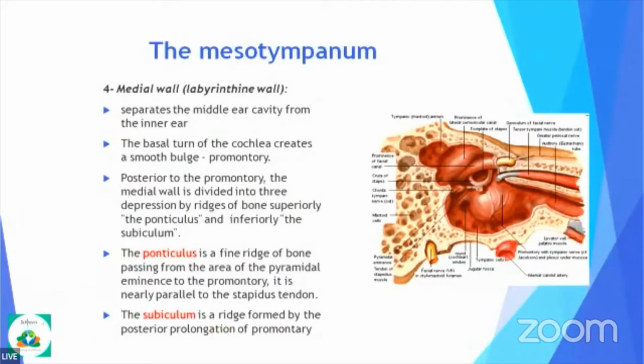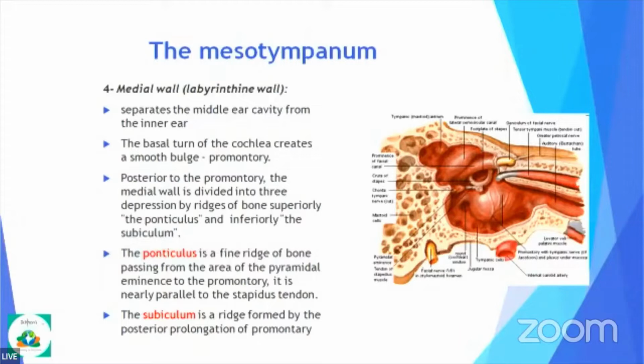So now, the mesotympanum, the medial wall. It's the part which separates the middle ear from the inner ear. It consists of the promontory. Posterior to that are two important structures, the subiculum and the ponticulus, which I'm going to talk about in much more detail. Ponticulus is nothing but, on the medial wall, if you see, there is, at times, most of the times,